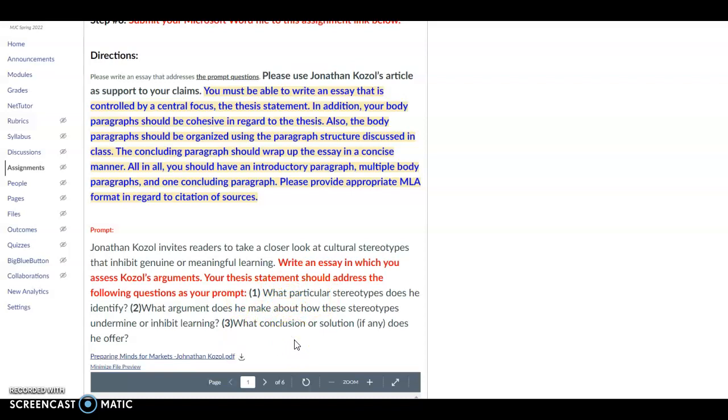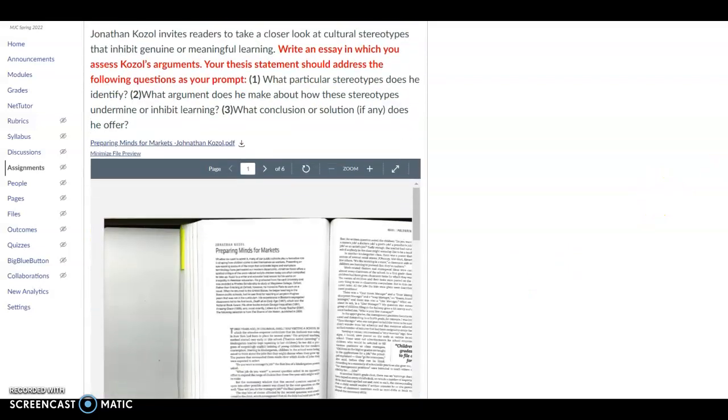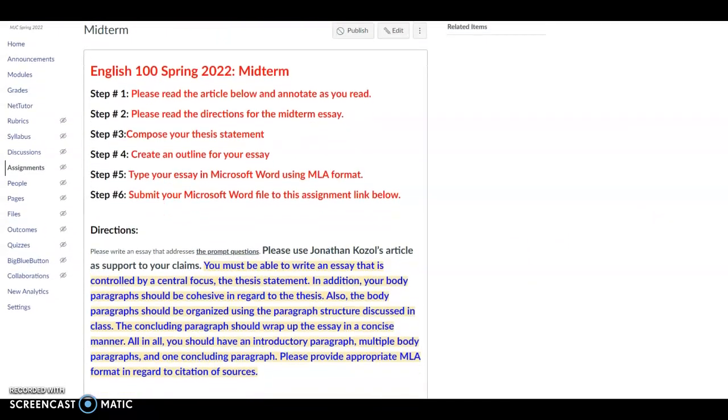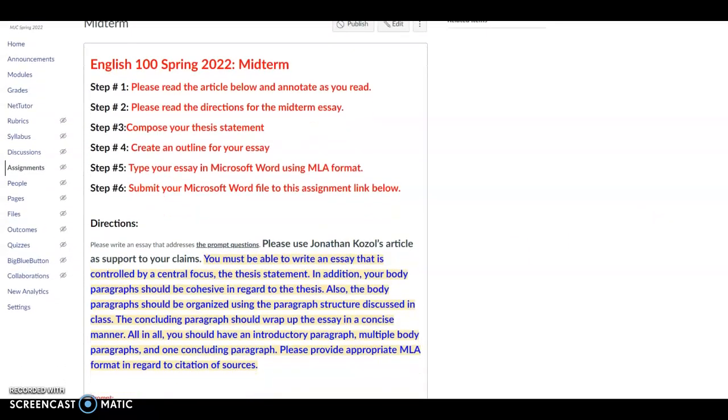What particular stereotype does he identify? What argument does he make about how these stereotypes undermine or inhibit learning? What conclusion or solution, if any, does he offer? And this essentially is what I'm trying to see if you are able to grasp and be able to write your essay. All right? If you have any questions about the midterm, please come and see me on Tuesday during